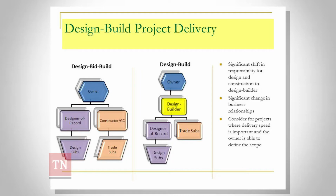The big shift, the big difference besides responsibility is in business relationships. How many engineering firms do we have in this audience today? Few. And I think that's, over the past 15 years, that's where I've heard the biggest, not complaint, the biggest